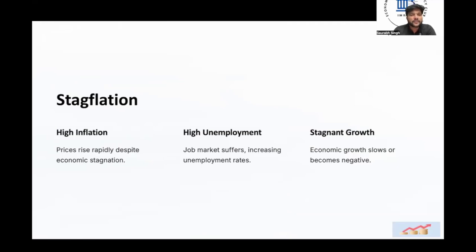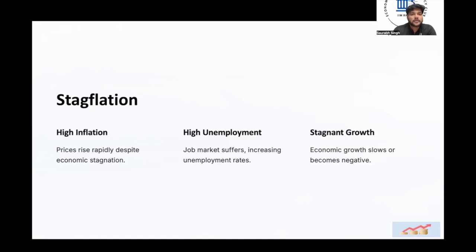Stagflation is not a normal kind of inflation. Stagflation basically tells us that if there is an increase in inflation, there will be an increase in unemployment as well, which normally doesn't happen in a normal economy. Because in a normal economy, if there is an increase in inflation, there will be a decrease in unemployment, because increase in inflation leads to increase in supply. So the producers will increase their supply, which will lead to an increase in jobs,